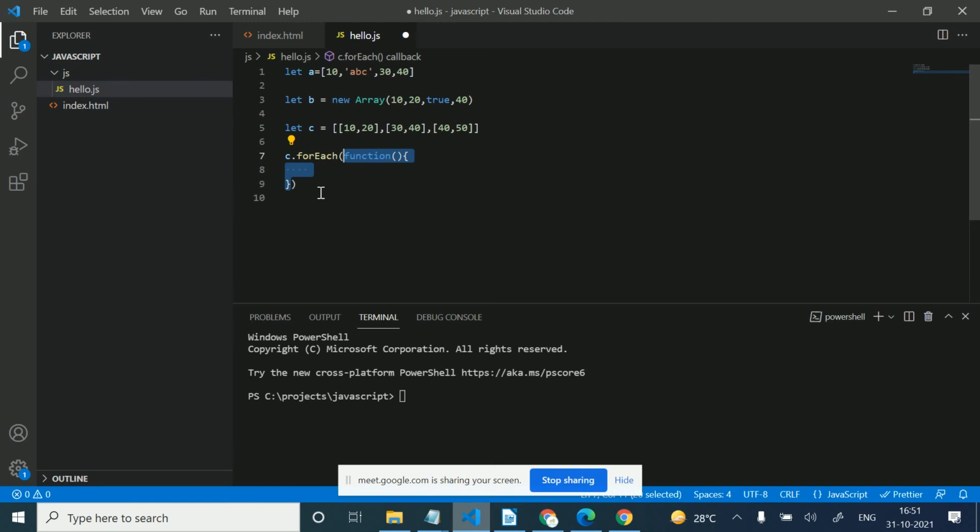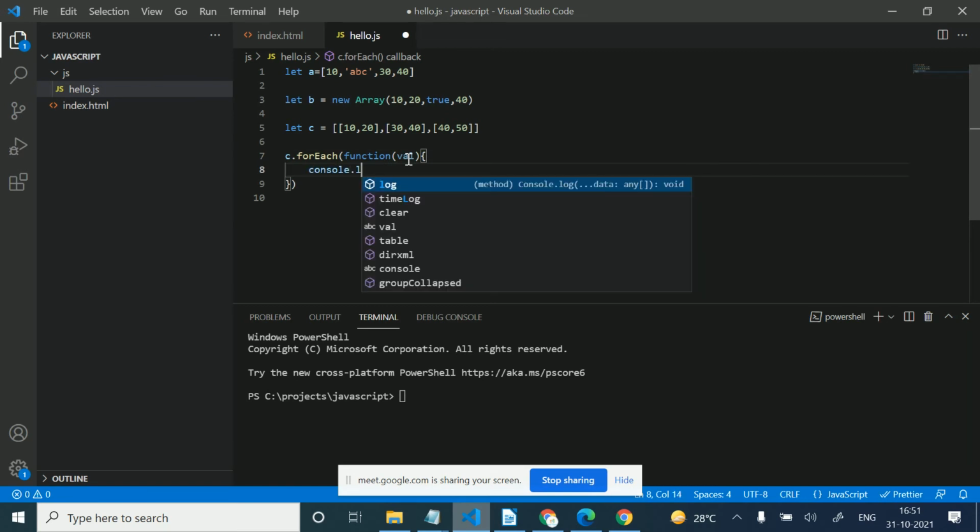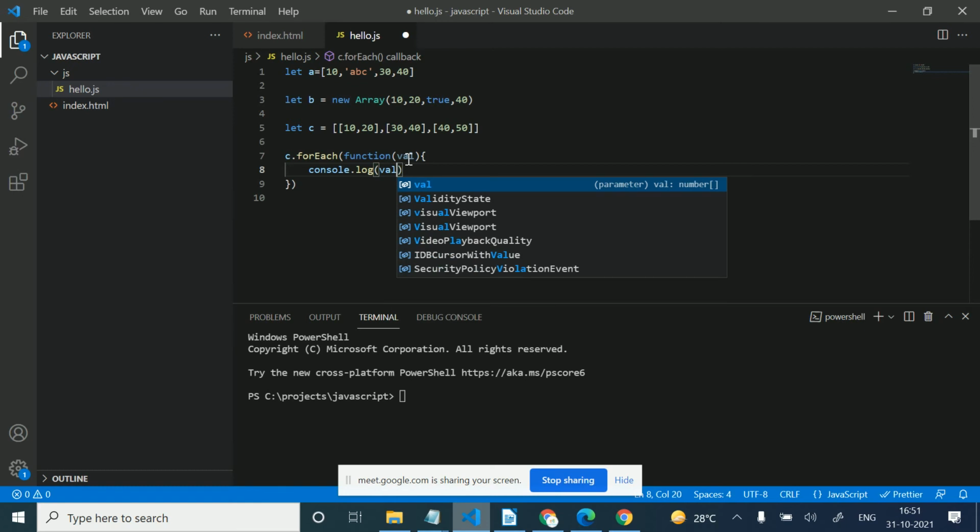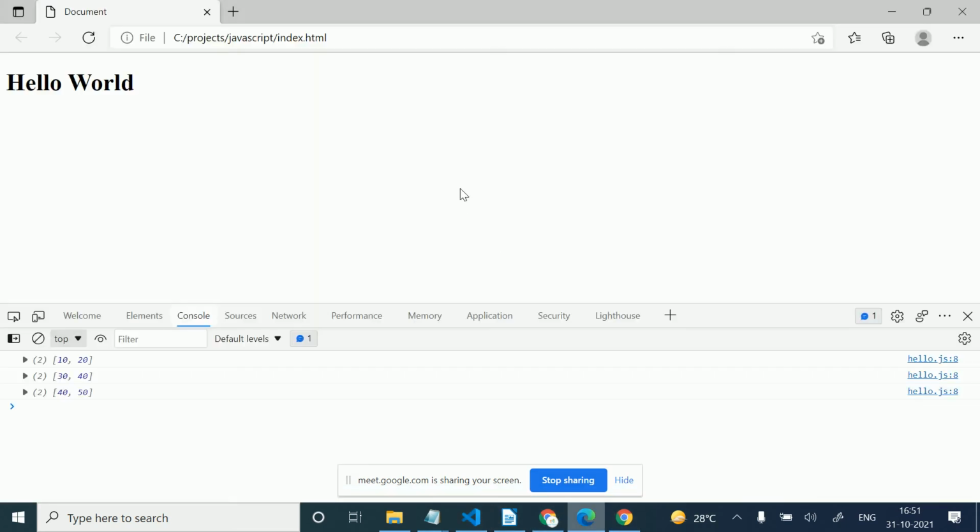That's why we call it an anonymous function. We have a value here, console.log value. Now let's refresh this. So we are getting the same.